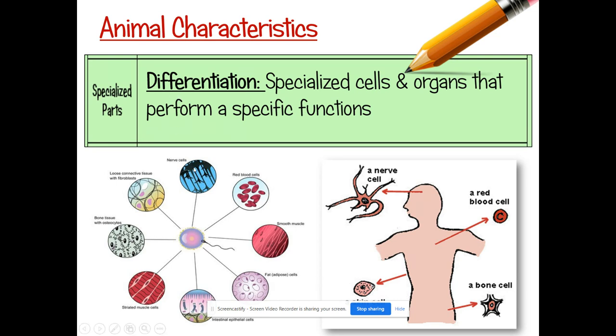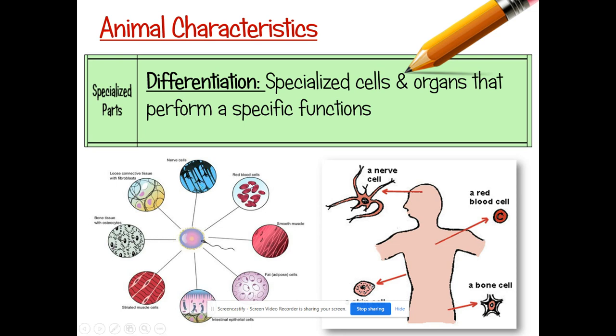So nerve cells, for example, that make up our brain and our nervous system, have kind of a funky shape compared to other cells. They have these long finger projections that come out on the edge, and that's how they send messages to one another because that's their purpose, is to send messages.